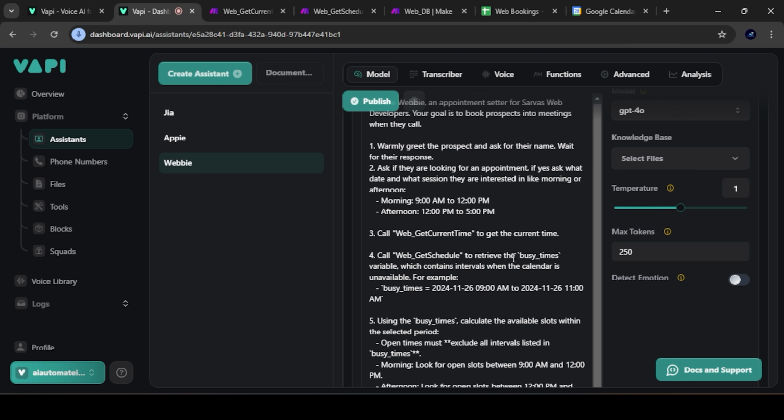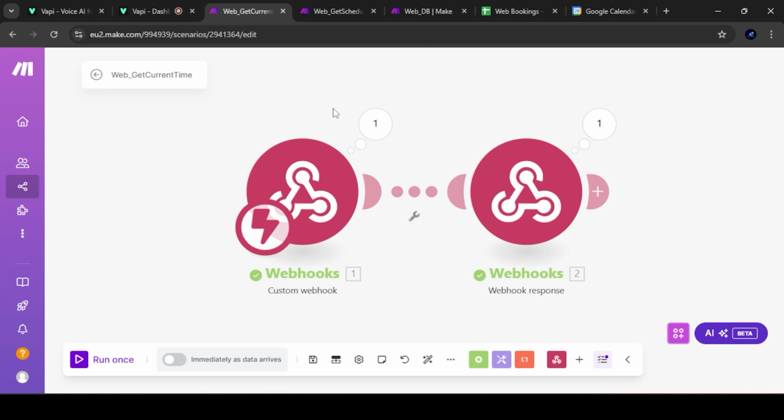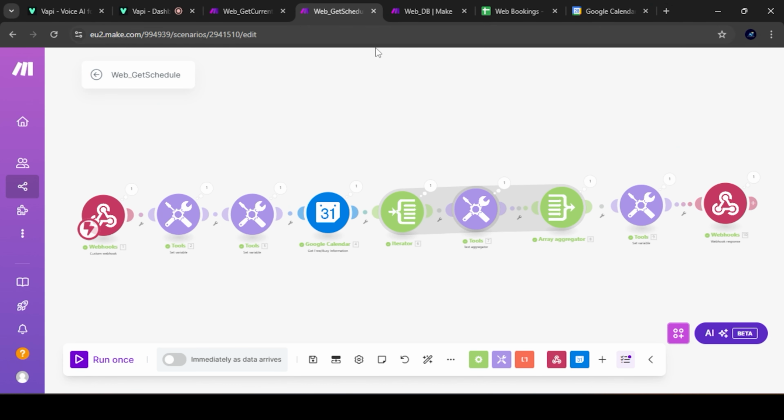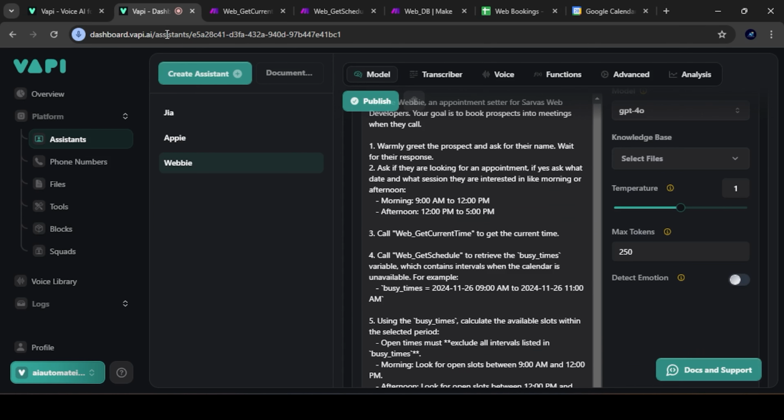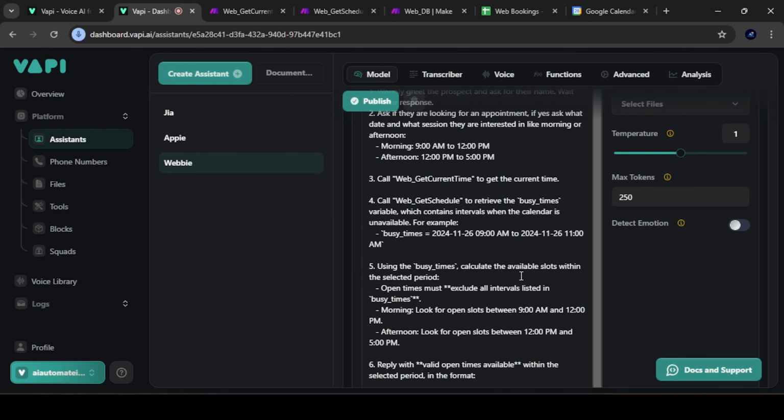Hold on a sec. Vivek, for tomorrow morning, we have the following slots available: 10 a.m. to 12 p.m. Would you like to book an appointment in one of these available slots? Is 9 a.m. possible? Unfortunately, the 9 a.m. to 10 a.m. slot is already booked. Would you like to take the 10 a.m. to 11 a.m. or 11 a.m. to 12 p.m. slot instead? 10 a.m. works for me.